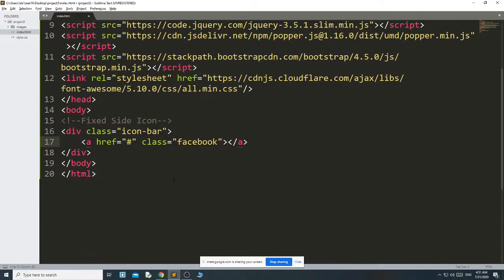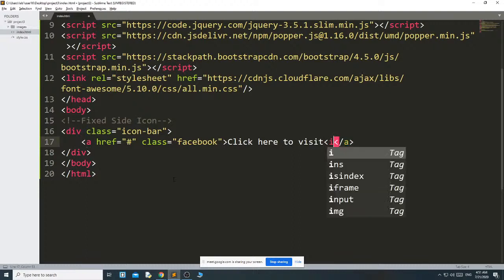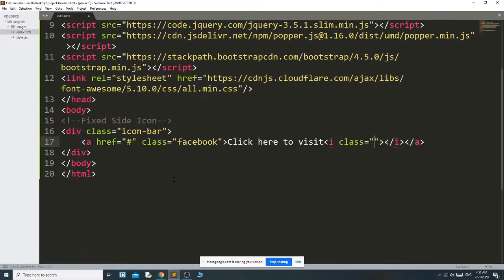Facebook, then "click here to visit". Then I need to add the i class, fab fa-facebook-square.